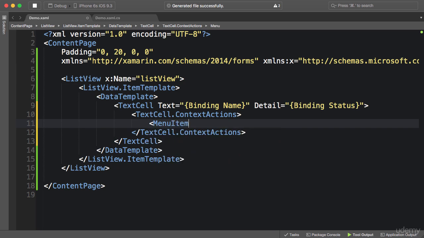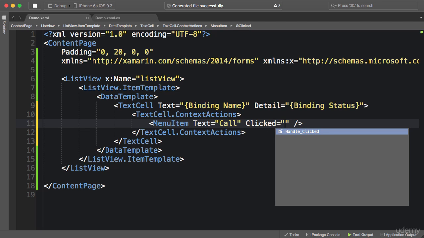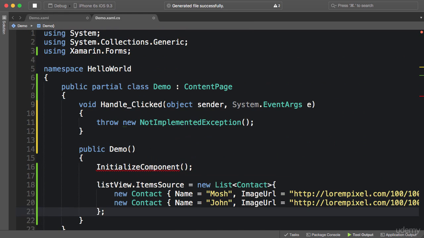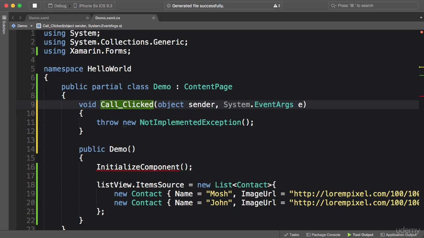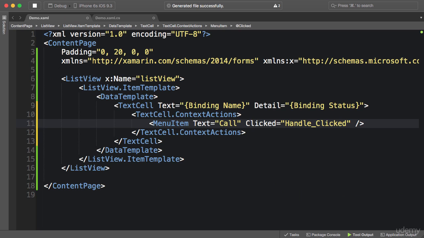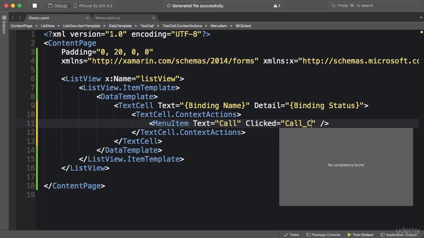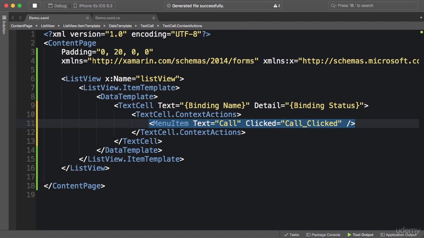So menu item, set the text to call, and clicked event to this handler. Now I'm going to rename this method to call_clicked. Unfortunately, in Xamarin Studio, rename refactoring does not work the way I expect. But if you're using Visual Studio, you should press F2 to rename this method, and that would automatically update the reference here. But in this case, I have to do it manually. So call_clicked. Now I'm going to duplicate this line,